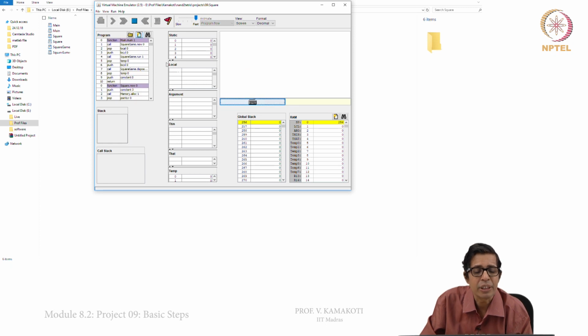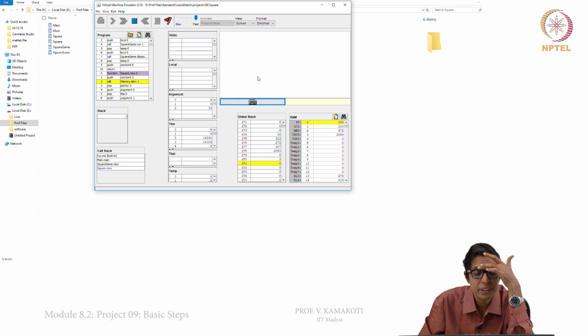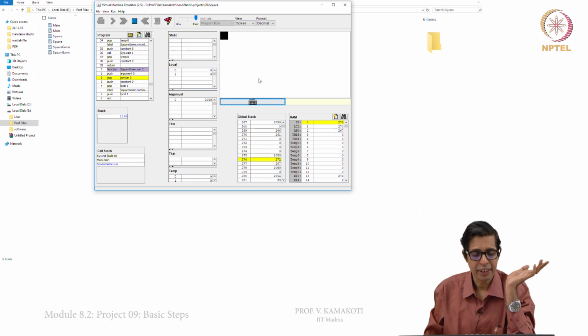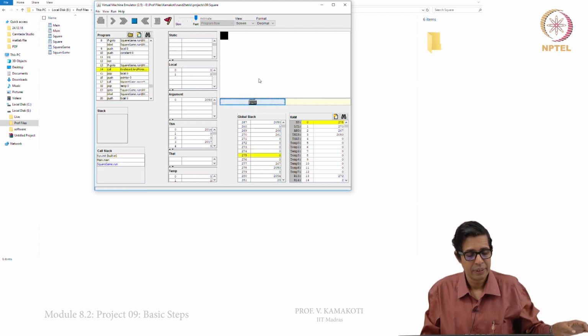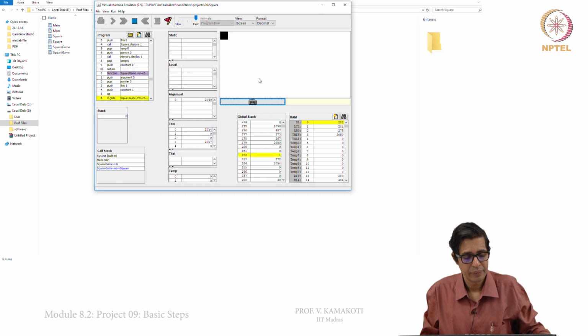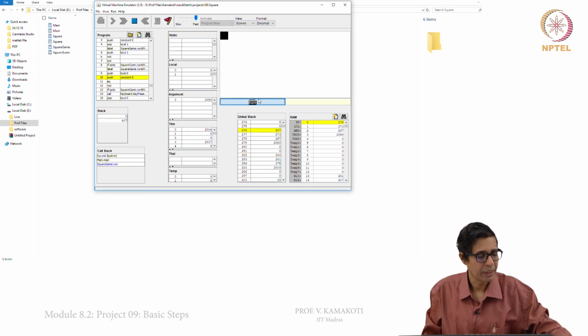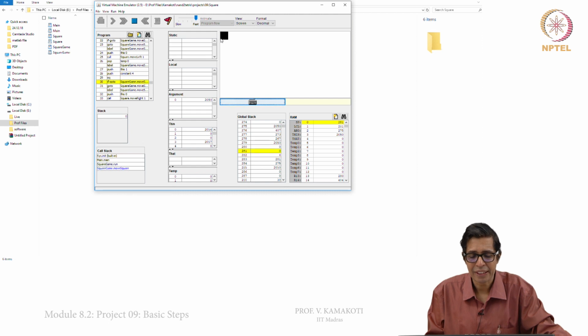Now, we can start executing this and slowly this will create a square. A square is basically printed. I will say we want to move it right. So, press the right arrow once. Now, you see that it has moved a bit to the right.